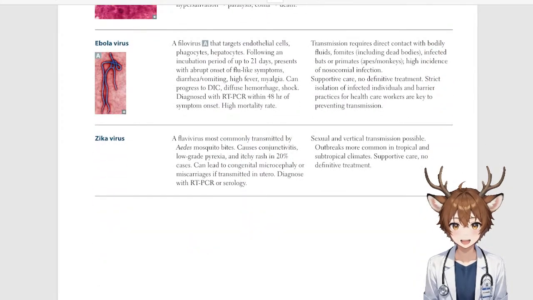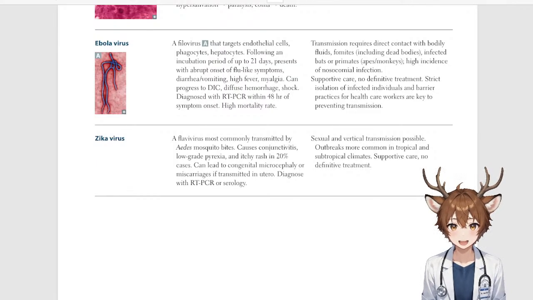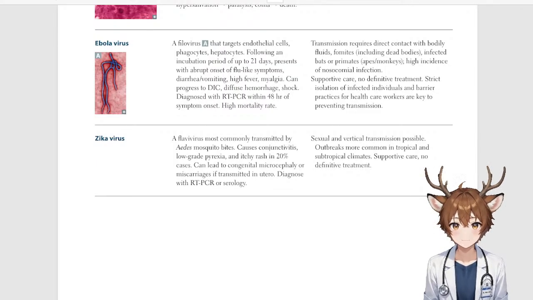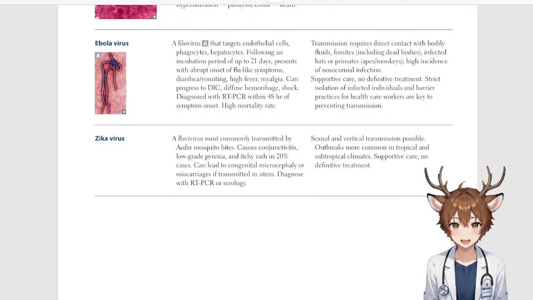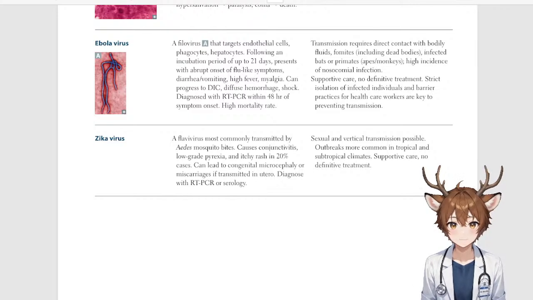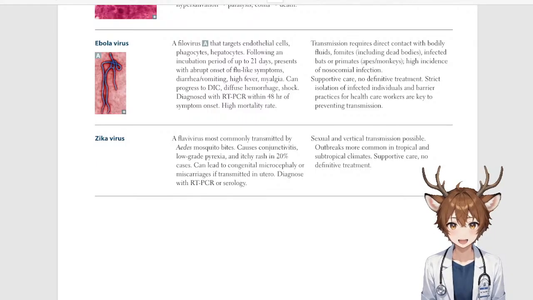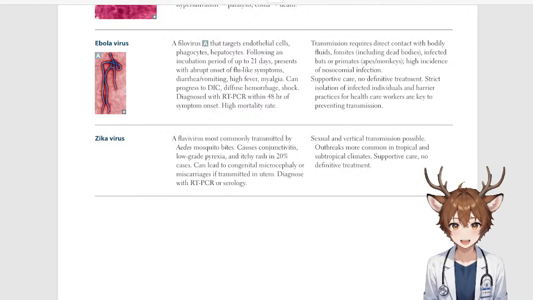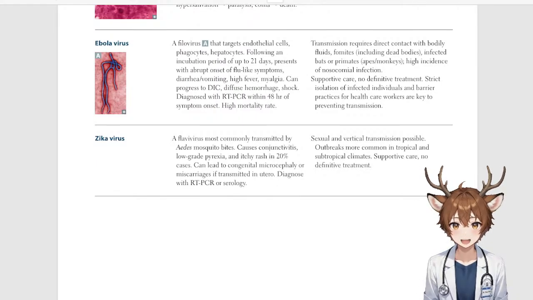What about Ebola virus? Ebola virus is a filovirus. Following an incubation period of up to 21 days, it presents with abrupt onset of flu-like symptoms, diarrhea/vomiting, high fever, myalgia, and can progress to DIC, diffuse hemorrhage, and shock. Diagnosed with RT-PCR within 48 hours of symptom onset, high mortality rate. Transmission requires direct contact with bodily fluids, fomites, including dead bodies, infected bats or primates like apes and monkeys,